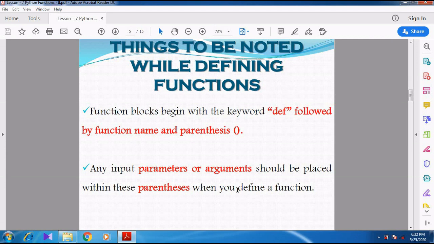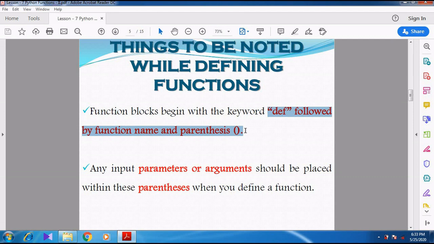The function block always begins with the keyword def followed by the function name and parenthesis. In C++ we have studied the function name is prefixed with a data type, but in Python the function name is prefixed with the keyword def. Def stands for function definition.